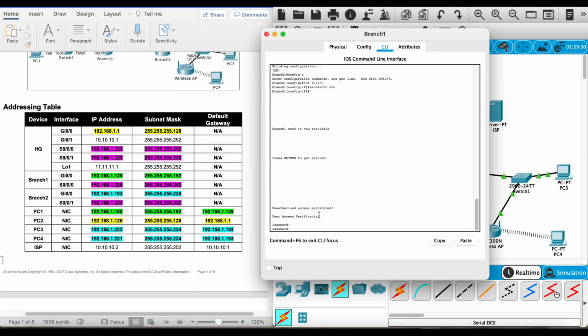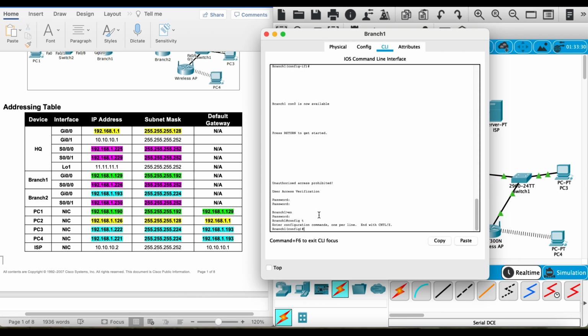As you can see, for HQ you only have 3 networks: G0/0, S0/0/0, S0/0/1. Branch 1, you have 2 networks, G0/0 and S0/0/0. Branch 2, you also have 2 networks, G0/0 and S0/0/1. Okay, so once you've done that, you should be able to ping between all the PCs, not the server